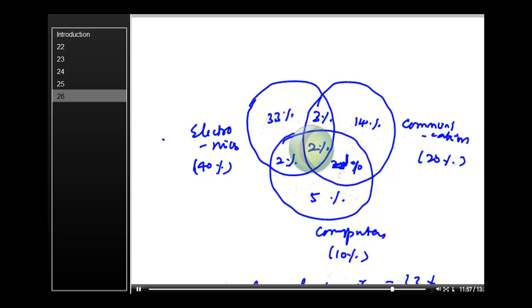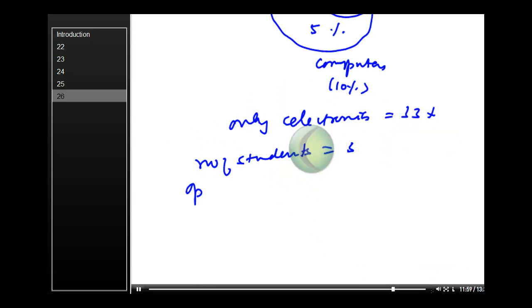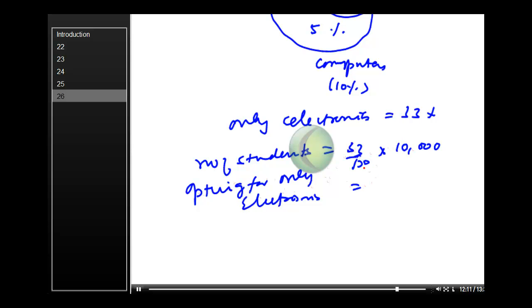So number of students opting for only electronics will be 33% of 10,000. That must be 3,300. In the sum you have to make a correction: students opting for communication and computer is only 3%, not 30. That sets it right. So from this we can answer